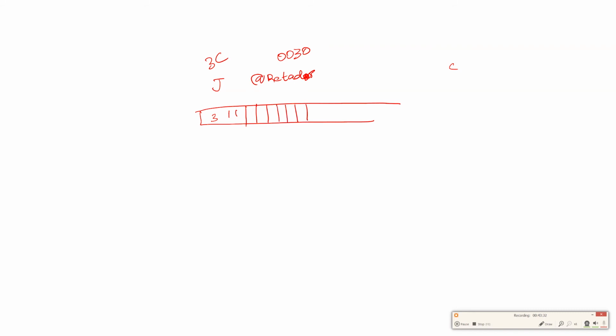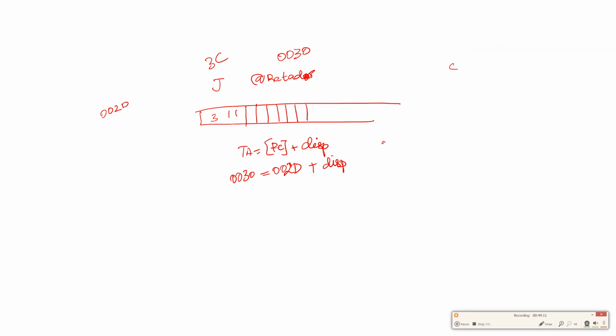Next, the next instruction is in position 002D. So target address is equal to content of program counter plus displacement. You can see here target address is 0030. Program counter is 002D plus displacement.